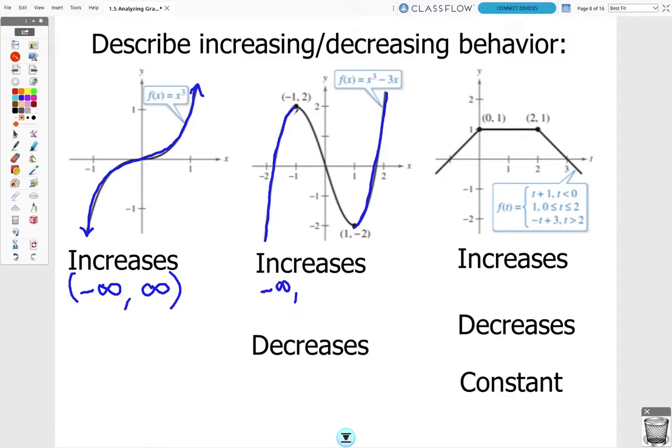And it stops at -1, not included. And then it does another section of increasing, starting at +1. Remember, these are x values. And it increases without bound, so it continues on to infinity. All right. Then for the next one,